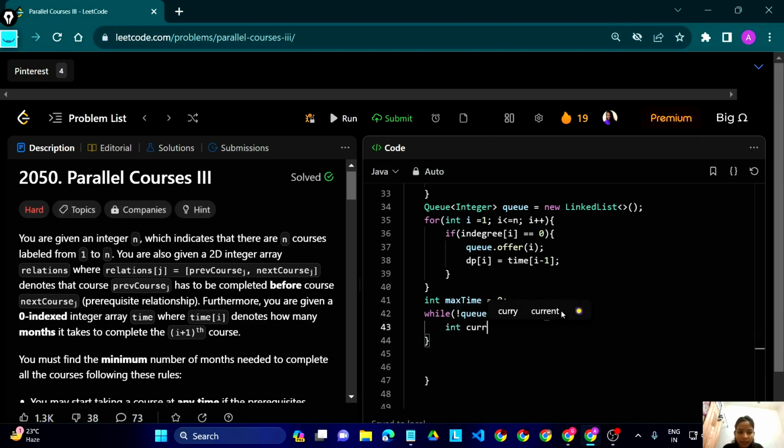I'll just initialize my current course. So basically when the queue is not empty, we are just going to take a course from the queue. We'll remove a course from the queue and initialize it as our current course. Okay, now for each course from the graph array,